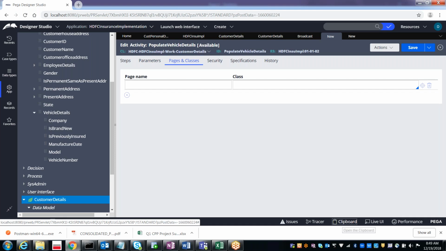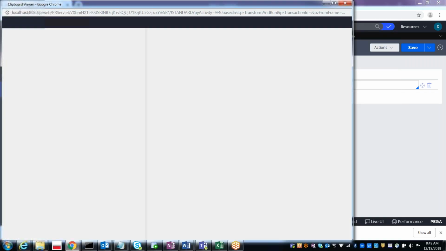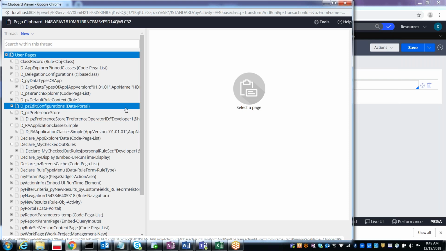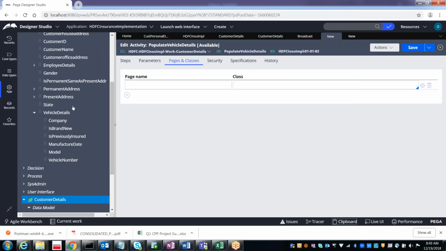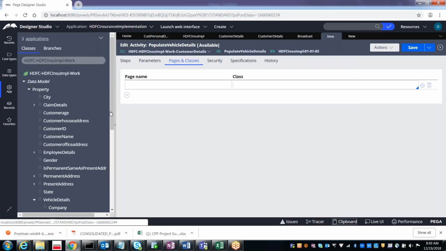You guys remember the clipboard, right? Yes. Okay, it's like a temporary memory. We can see how exactly it is there. Okay, all the pages available in the temporary memory we can see here. Okay, so generally whenever you run any of the work objects,